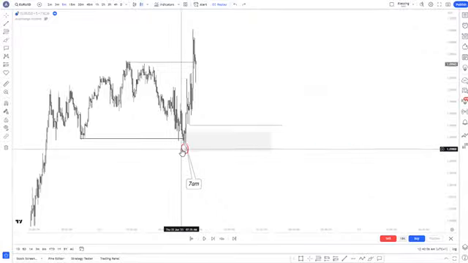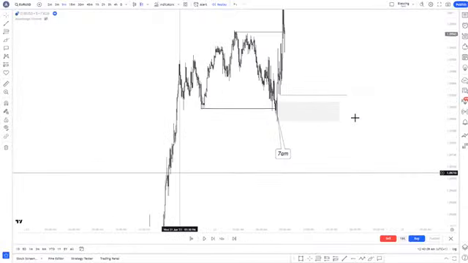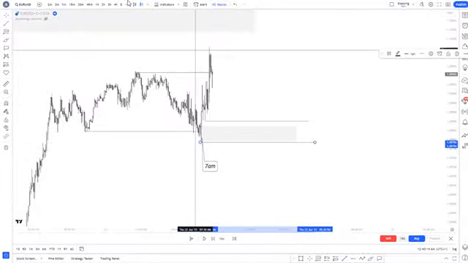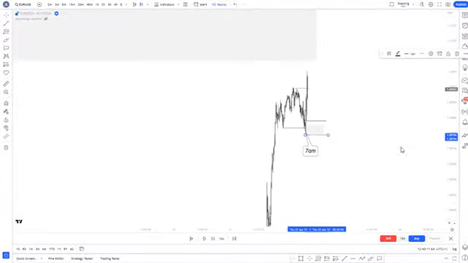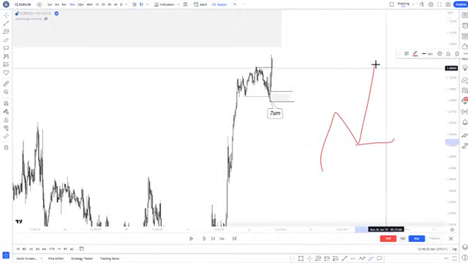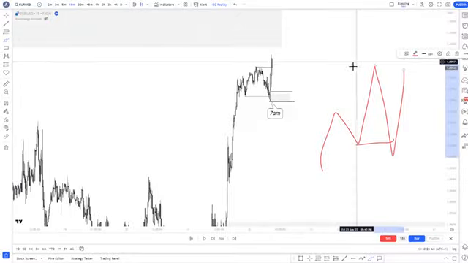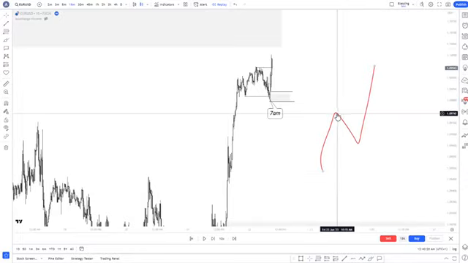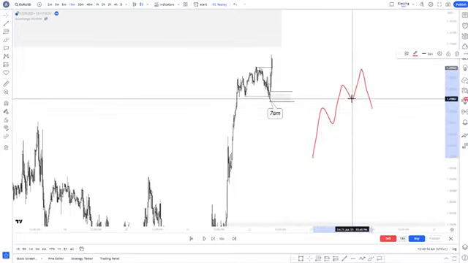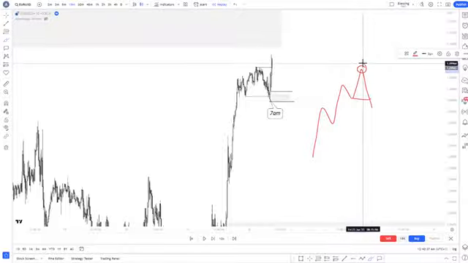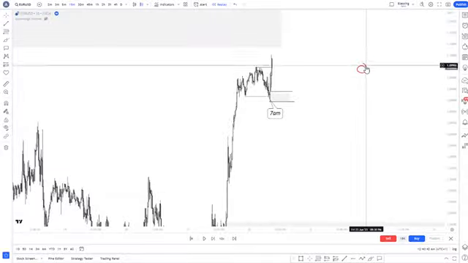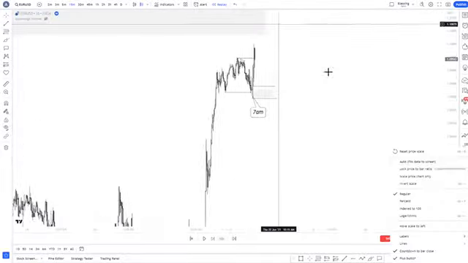There are a lot of people buying there. It is too clean. Aside from that, this low is internal range liquidity. For those that have been following me, you remember the framework I used to talk about? When we have a framework like this, this is our internal range liquidity. We are expecting this low to be taken before we continue to the upside, right? And you guys remember that if we have a framework like this, once the internal range liquidity is taken, it confirms our valid high. If there is no internal range liquidity taken, we don't have a high yet. Those are the rules I put in place for myself based on the way I trade, right?